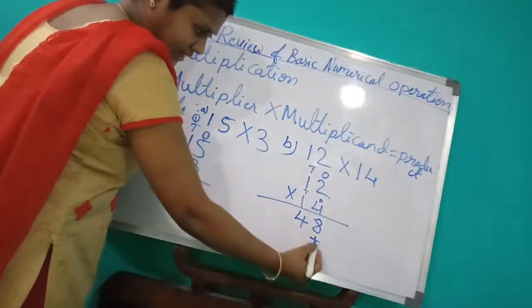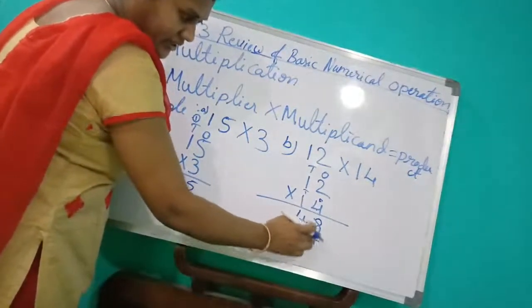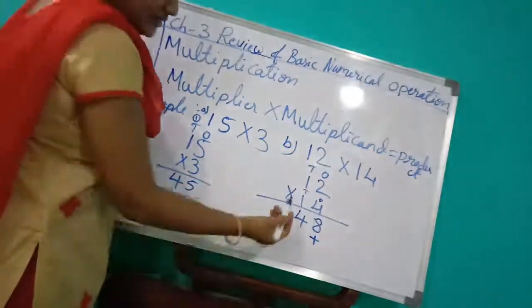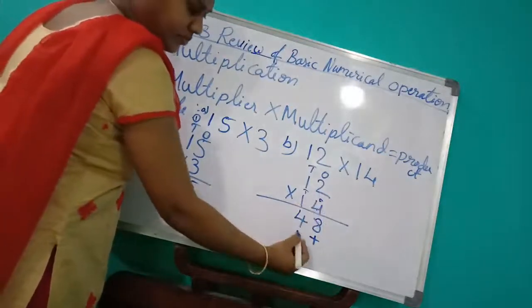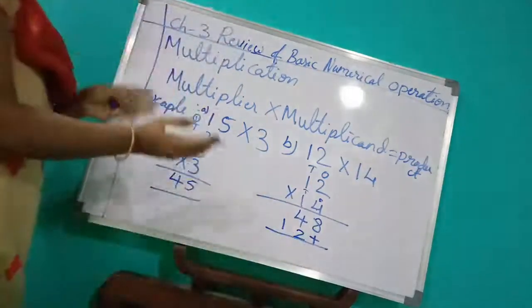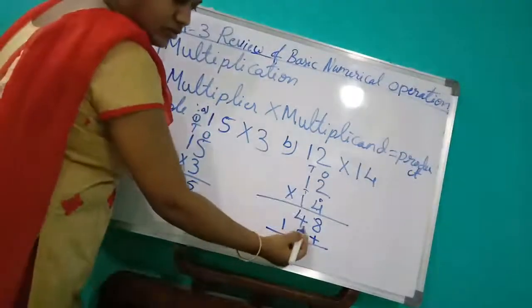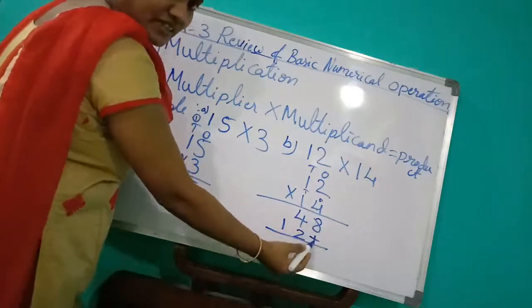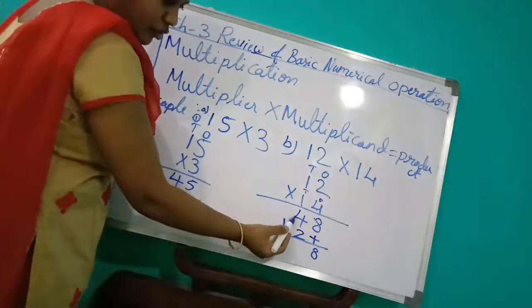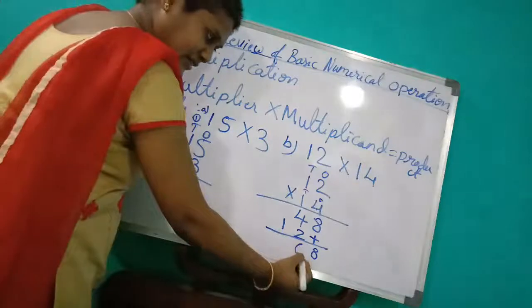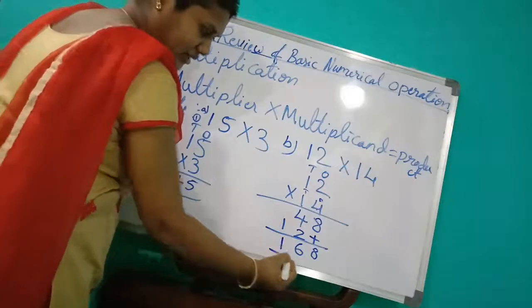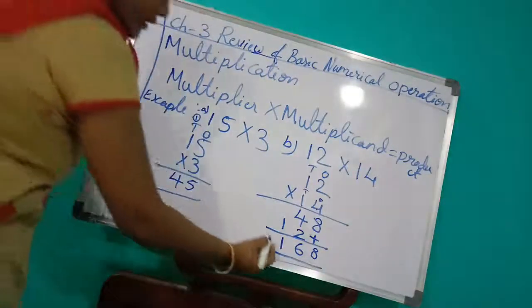You should add a symbol. Keep the plus symbol here in the ones place because the ones place is completed. Now you are multiplying the tens place. 1 2s are 2, 1 1s are 1. Now you should add these numbers. 8 plus any number? No, only the plus is there, so you write that 8 here. Now 4 plus 2 is 6. Here, is any number there? Only 1 is there, nothing here, so you write this 1. What is that? This is the product.